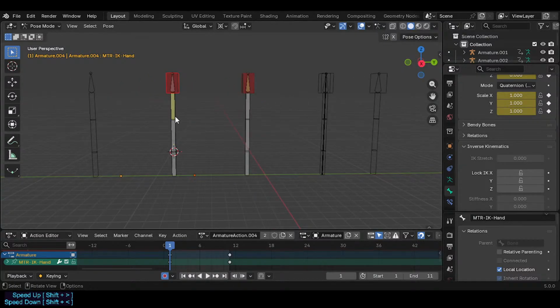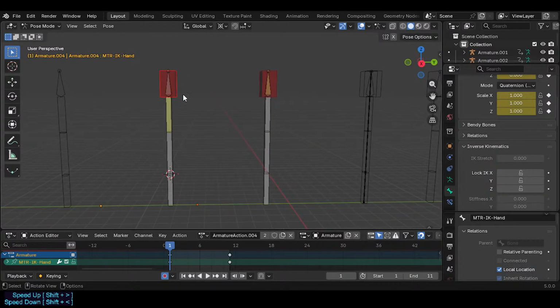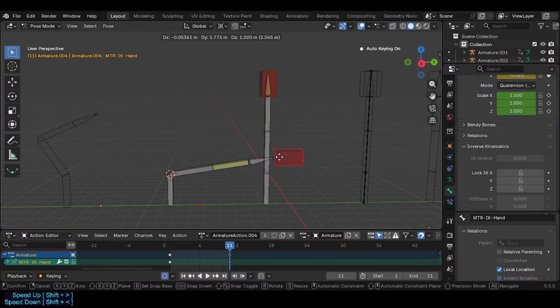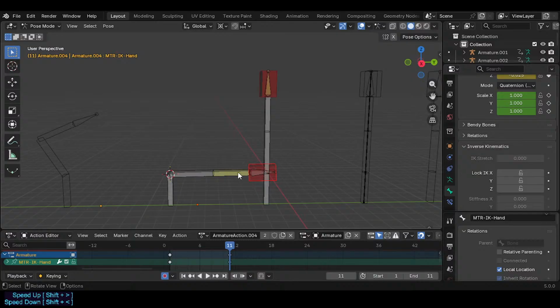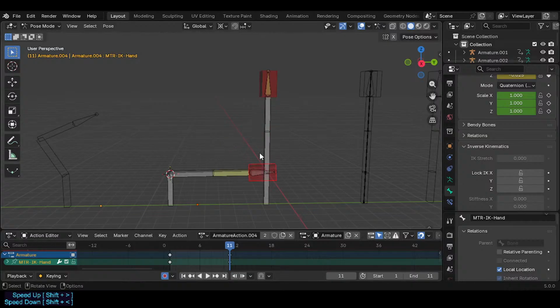Okay, so here is what the IK stretch does, and this is very interesting, is that if I have this bone here, and we have, okay, so we already know that this doesn't really work for, unless we, right? So if I have the IK stretch, it's even worse, because if I